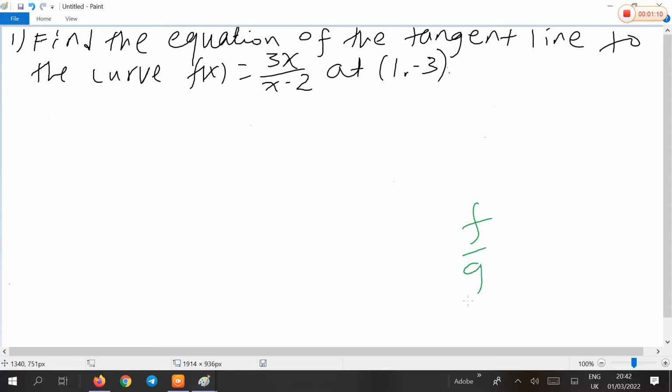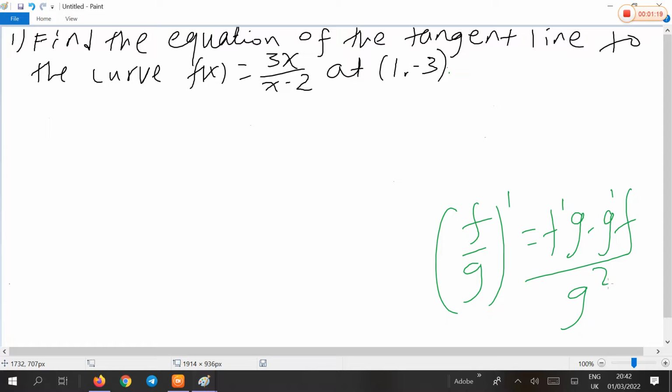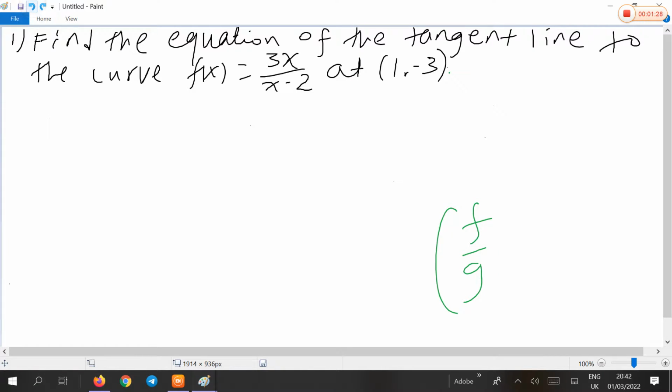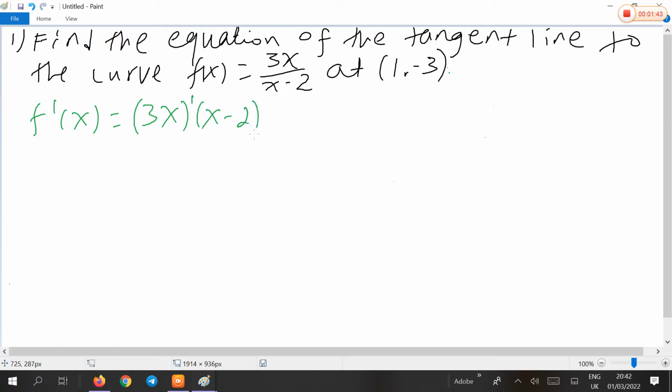The derivative of f over g is expressed as (f derivative times g minus g derivative times f) over g squared, using the quotient rule. So given f of x equals 3x over (x minus 2), the first derivative f prime at x will be (3x derivative times (x minus 2) minus (x minus 2) derivative times 3x) over (x minus 2) the whole square,